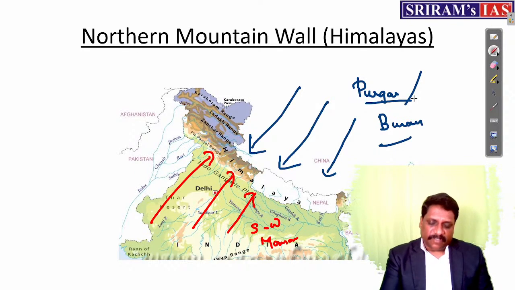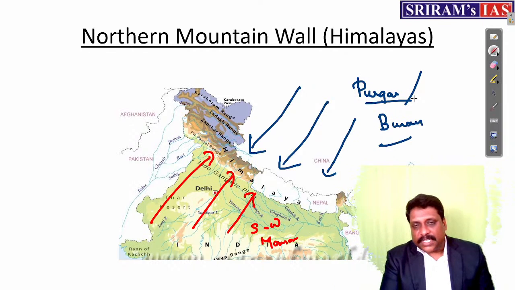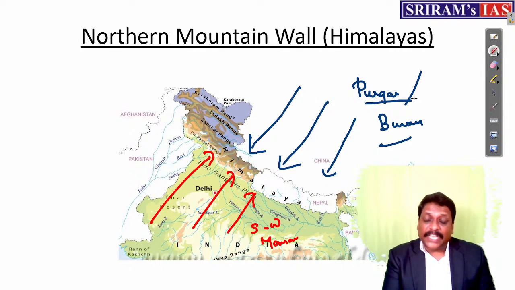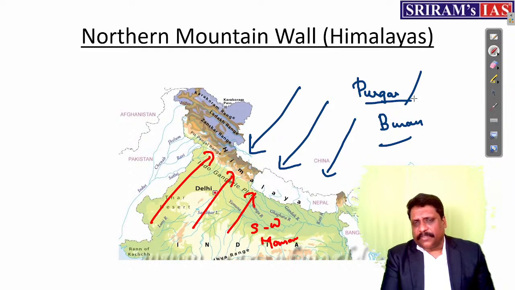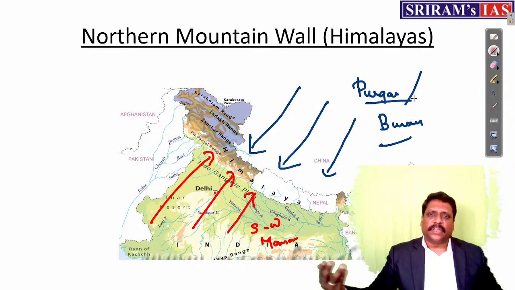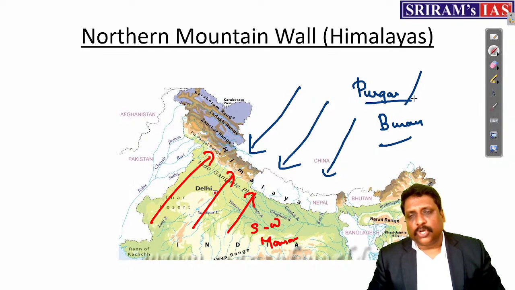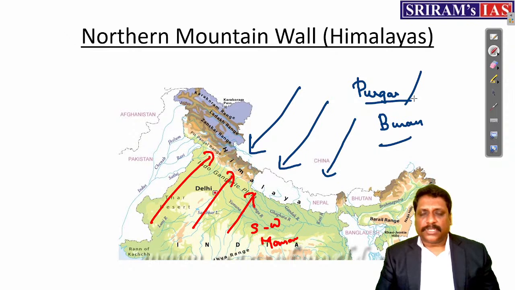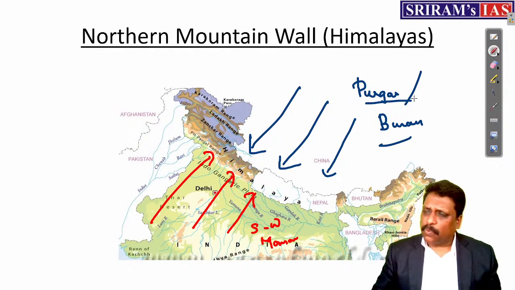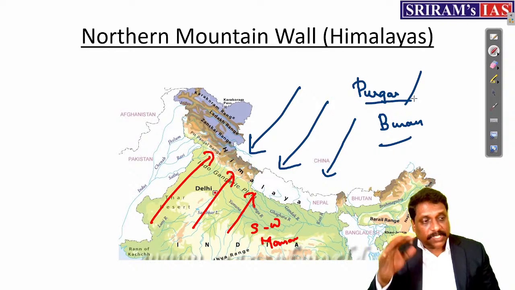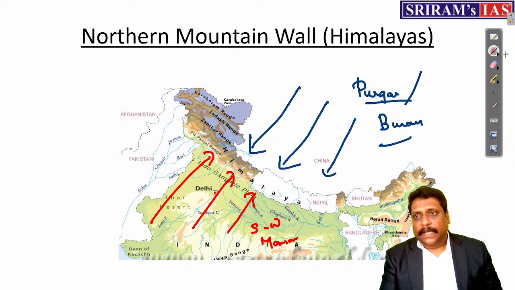So, if that is the case, my dear friends, if the Himalayas had not been there, very easily, for example, n number of invasions would have happened in India. It acted as that natural barrier, right? And the Himalayas give rise to plenty of perennial rivers of India, and perennial rivers are very important for the Indian agricultural system as such. So security aspect, climatological aspect, economic aspect, cultural aspect, whichever aspect you take, the Himalayas are very, very important. It acts as a wall as such. Okay, right, my dear friends.